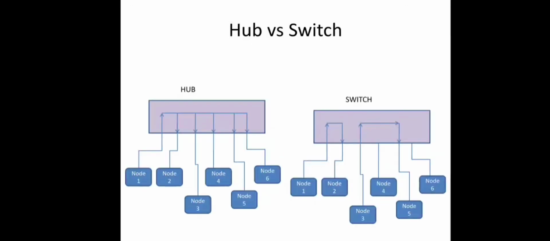Now let us compare hub and switch. A hub is actually a physical layer device and a switch is a data link layer device. Both are multi-port devices and connect individual nodes, individual systems, right? The difference is that in the case of a hub, if it receives data from a particular node, it will be forwarded to every other port. It does not have any ability to check the destination or to interpret the frame. That's the problem here. But a switch has the capability of interpreting a frame, right? So it can find out the destination address, and the data will be forwarded only to that particular machine through the port which connects that machine. So this is how the hub and switch differ.